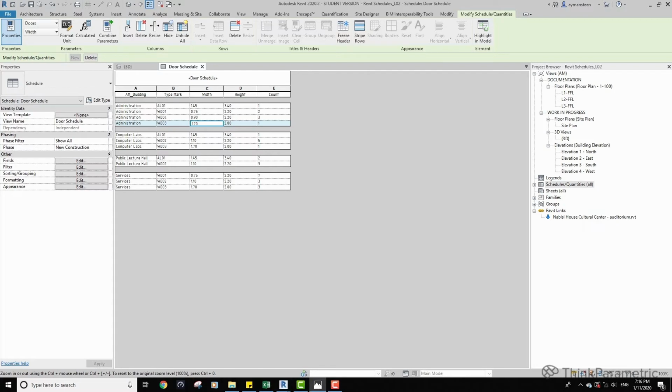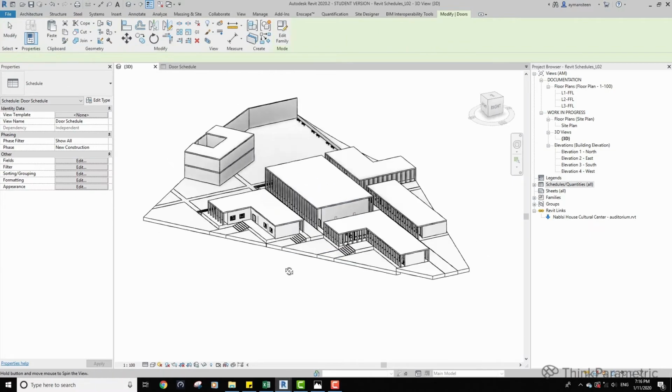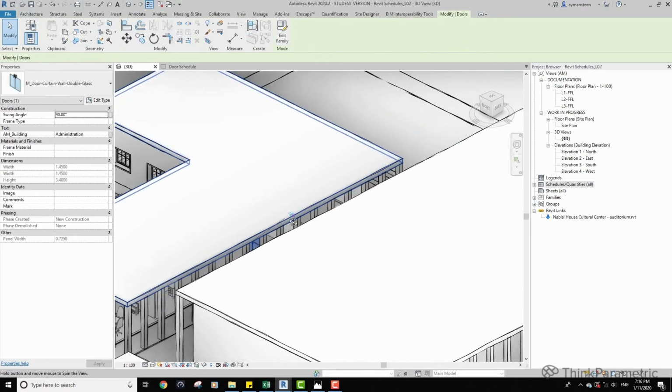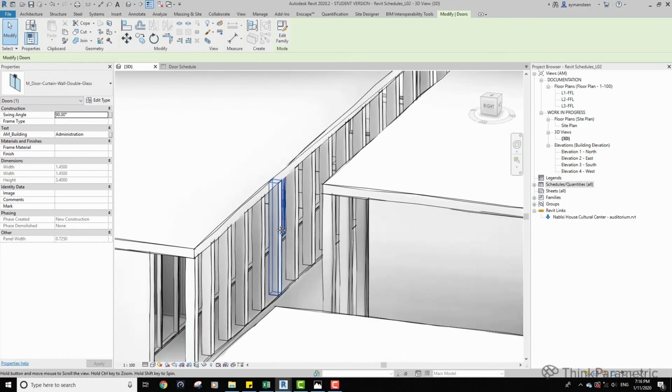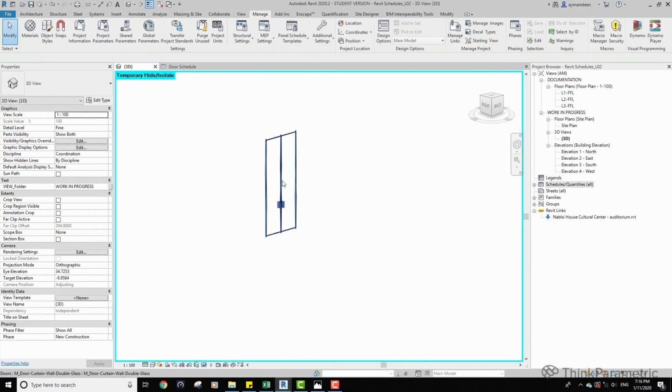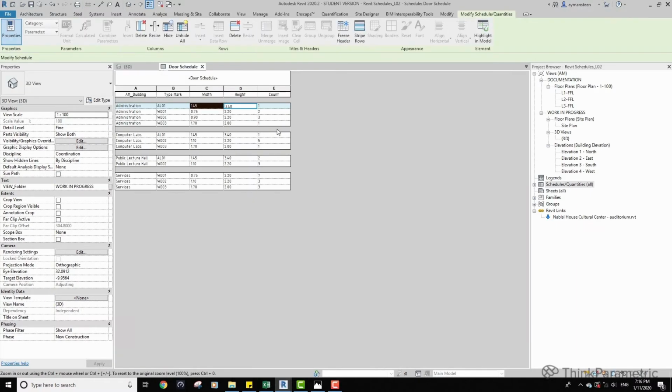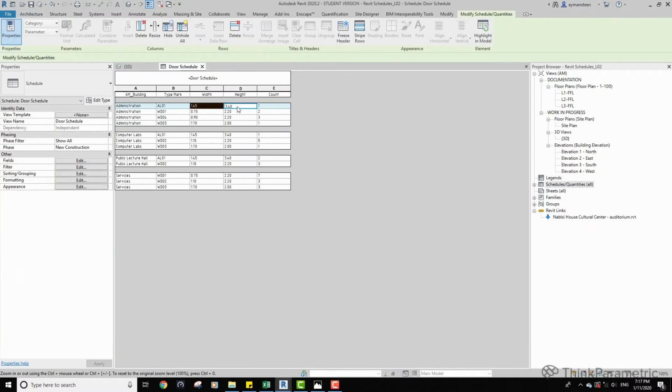Actually, I don't want them to be included. You can see that this is 3.4 meters, which is so wrong. If we check it from the project, it's right here. So this is another type of use for the schedule. Again, we're using it to check our work.